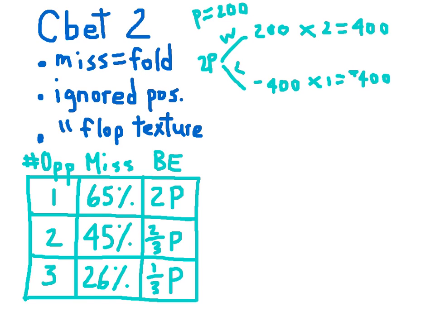Our opponent either raises us on the flop or calls our bet and then pushes us out of the pot on the turn. We lose the 400. And this 2-to-1 ratio of winning and losing means that 2 out of every 3 hands have to be successful when we c-bet for us to break even in the long run. And that happens to be the percent of times that our opponent will miss when we're facing one and only one opponent. And that's why, if you assume he folds every time he misses, 2 times the pot's a break-even